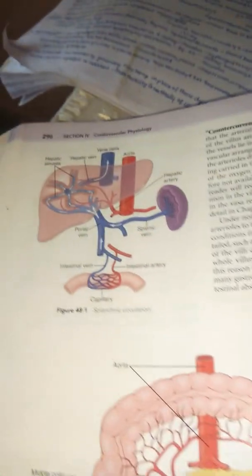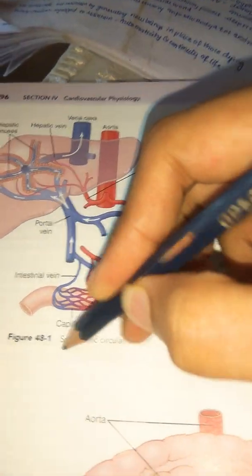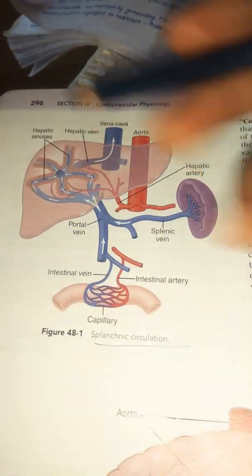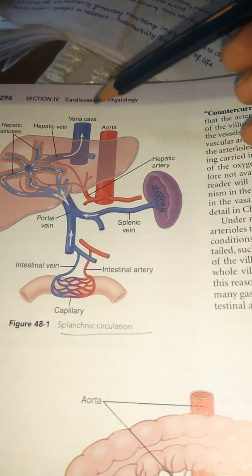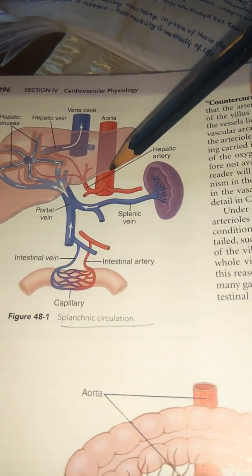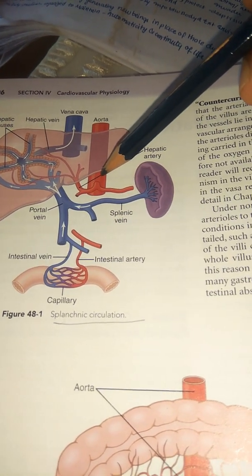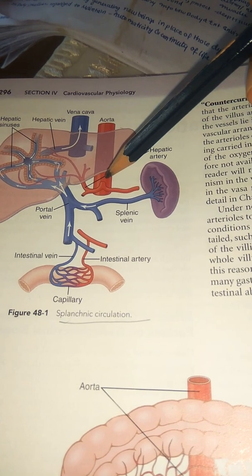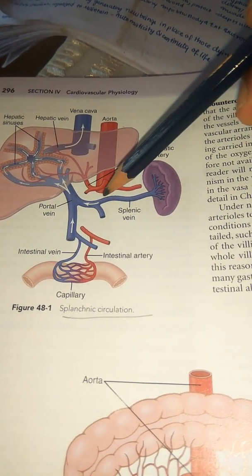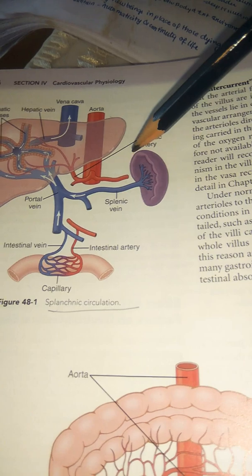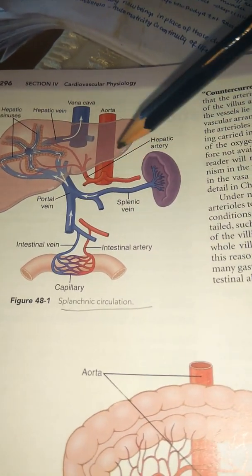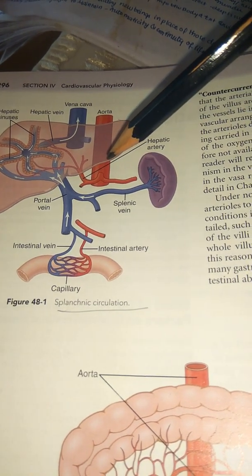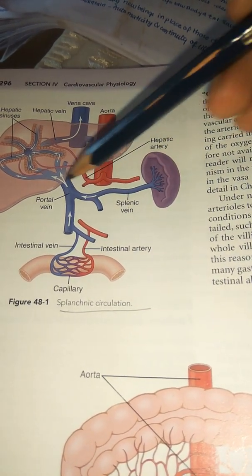Finally, let us see the diagrams and flow important boxes in our textbook. So you can see the splanchnic circulation here. We have drawn it in a box format, but here you can see it in a live format. Here you can see, as we talked, from the heart blood comes into the aorta. From the aorta, it goes into the celiac artery, superior mesenteric, inferior mesenteric. Because of this, their branches, you can see some may go to the splenic artery, some may go into the intestine, some may go into the liver. So all those at last should go by the portal vein. You can see the portal vein, all those are forming here.